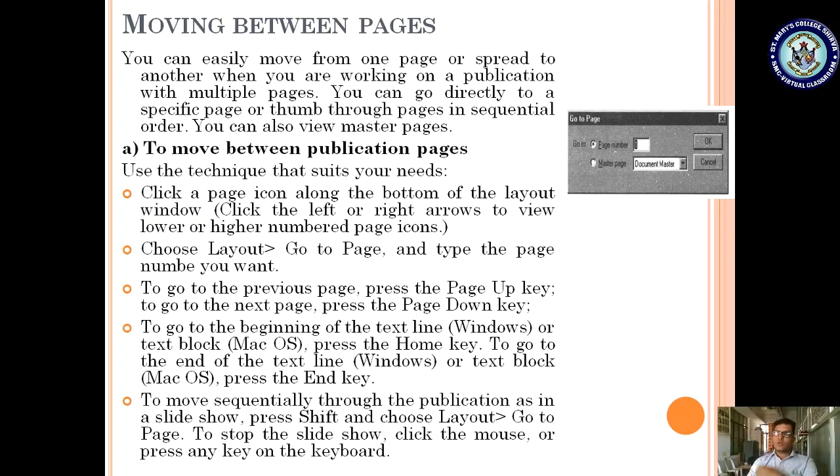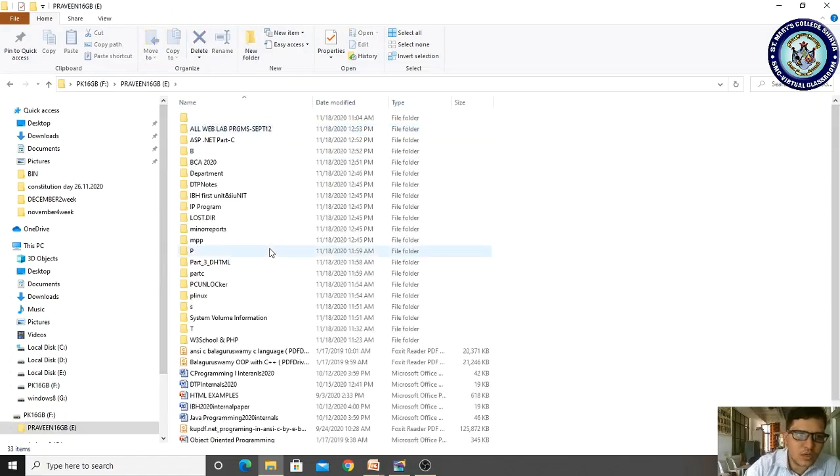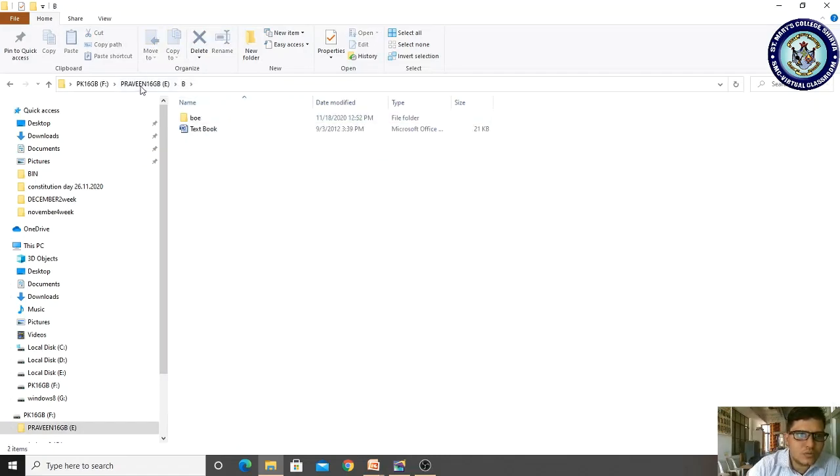Suppose you are working with a book. If you are supposed to do a book, it consists of multiple pages. Let me choose one book of a PSD format. Let me check whether it is there or not. I will try to open it. Okay, let us first go to the topic, and let me see books.